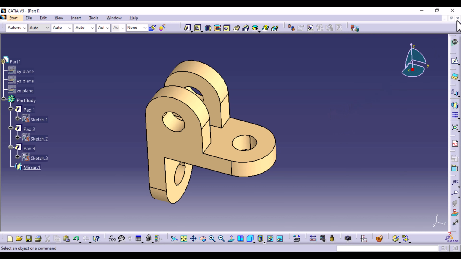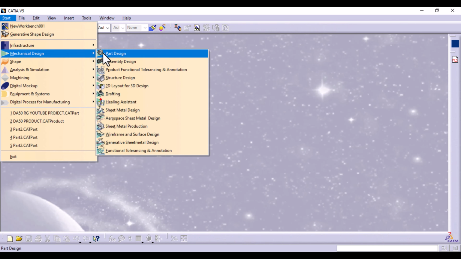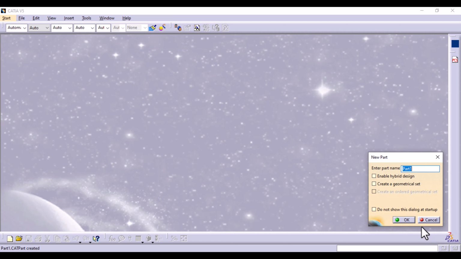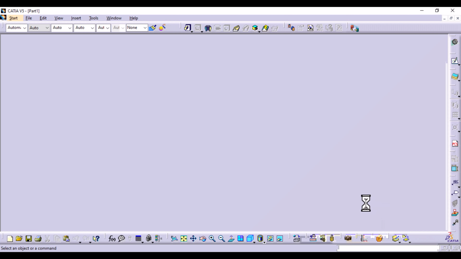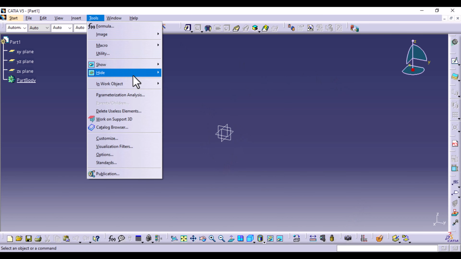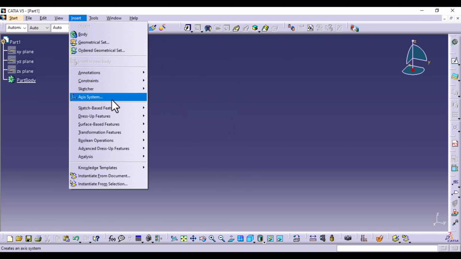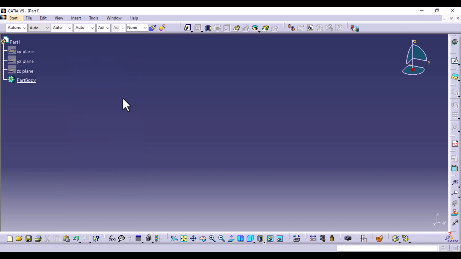We are starting with CATIA V5. So go to Start and Mechanical Design, select Part Design, give it a name and select OK. If you don't like having the planes here, go to Tools, Hide All Planes, and we're going to insert an axis system instead. At the origin, we are sketching from the XY plane first, so select XY plane, go to the top right side, select Sketch,